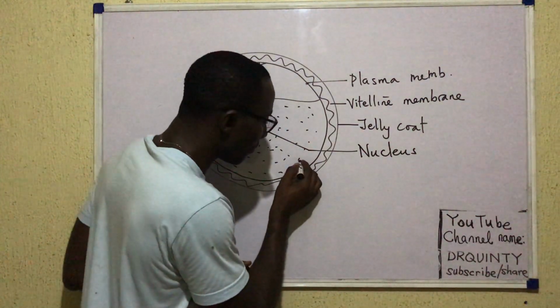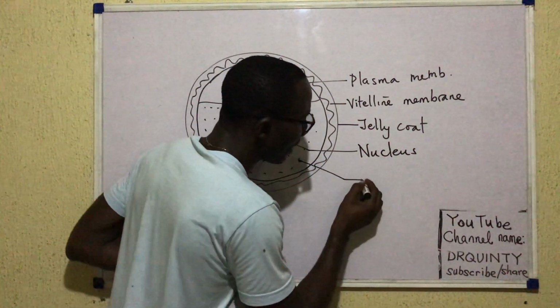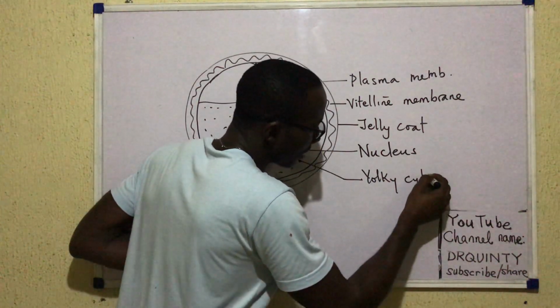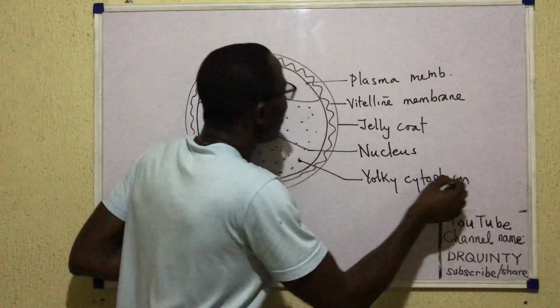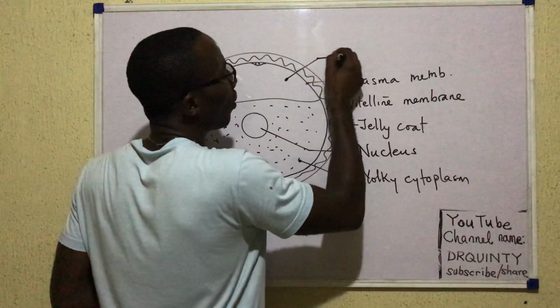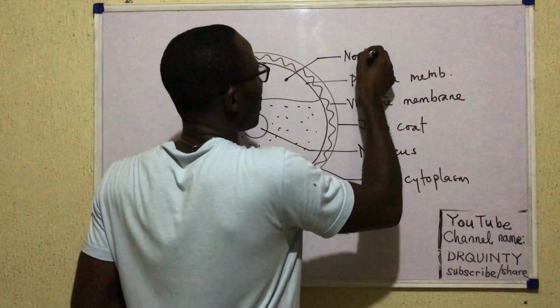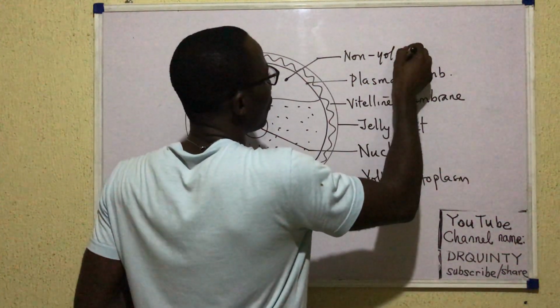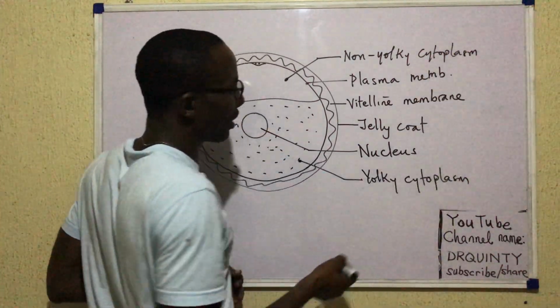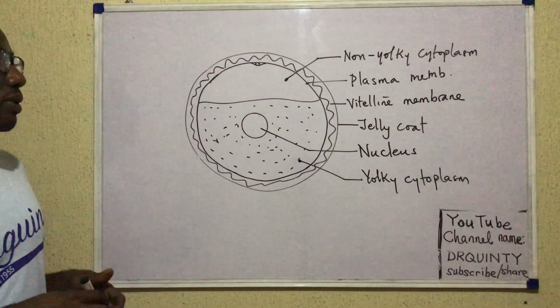So this part, where I'm putting a dot now, is called yolky cytoplasm. And the other part of the cytoplasm, where I'm putting another dot, is called the non-yolky cytoplasm. So there's some part of the cytoplasm where there's yolk, and another part where there's